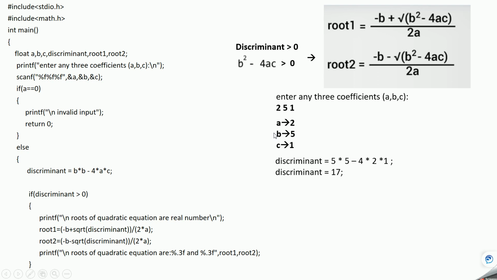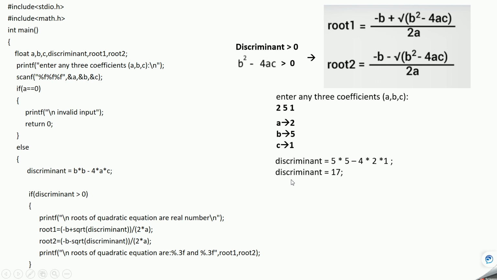So in this case the value of a is 2, so this condition is false, which means this will not get executed. It will come in this else. So in this else, what will happen? It will calculate this discriminant. Okay, so this discriminant is nothing but b into b minus 4ac. So here the b value is 5 and the a value is 2, and the c value, so it will calculate the discriminant and after calculation it will become 17.